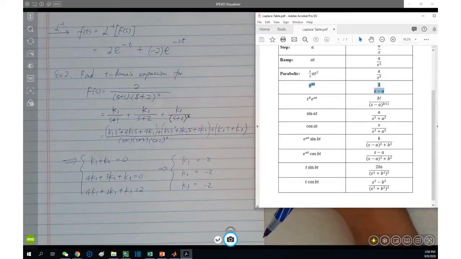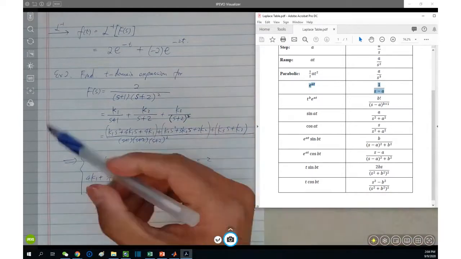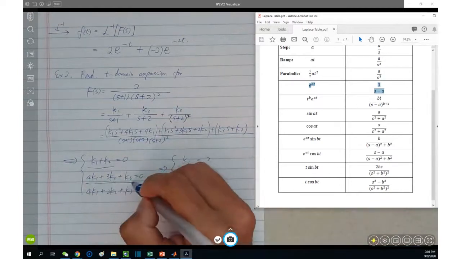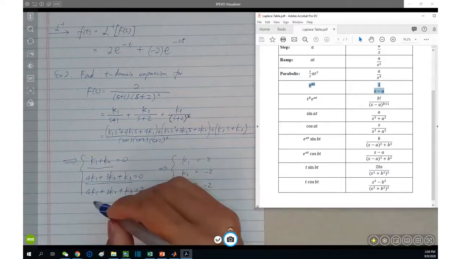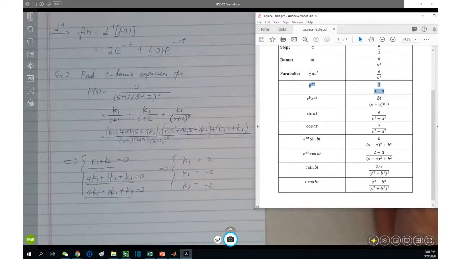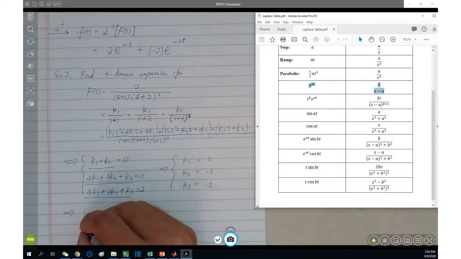There's no s term at all. Therefore, the coefficient of the s squared term is 0, the coefficient of the s term is 0 as well, and the constant term equals the constant term here too. This is how you end up with 3 equations and 3 unknowns. You get the algebra result: 2, -2, and -2. And then further, F(s) just equals